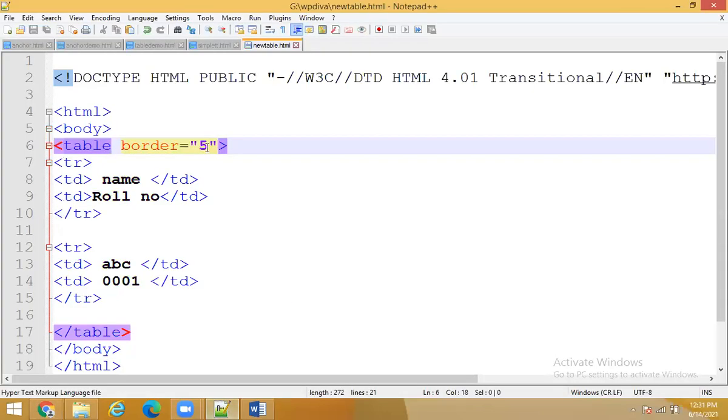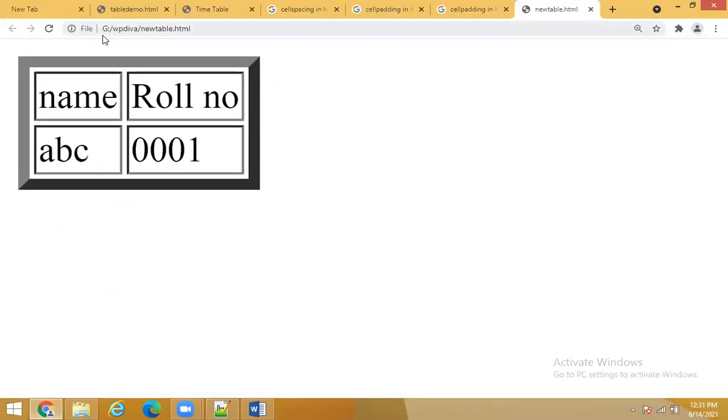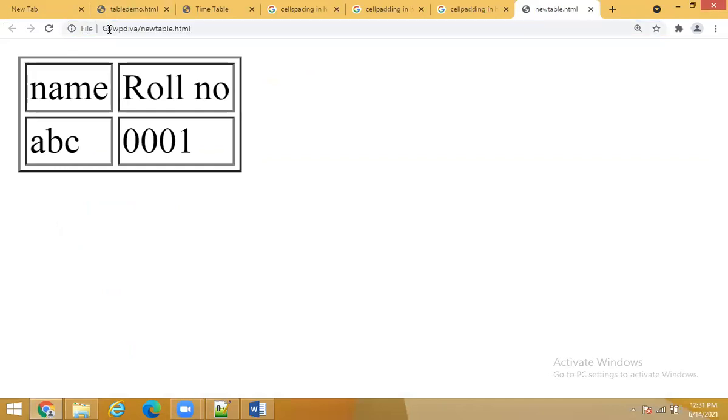Suppose I take border equals to 1. And then you can see that the border size appearing will be default. I have zoomed it. Actually, the default size will be like this. When you take 100% of the browser screen, the default size will be like this. So it will appear in the same format, guys. See, it will appear here like name, roll number, ABC. Name is ABC, roll number is 001. Did you get that? Is it clear how to add data into table tag?